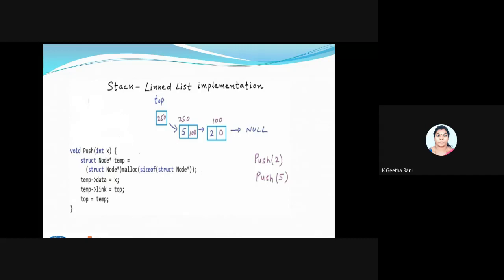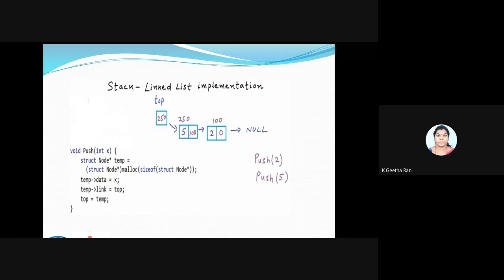You can see the first node's address is going to be inside this top, and it goes on consecutively. One thing we have to be clear about: in a linked list, we won't have a continuous memory location like your array. Your memory will be there, but your nodes will not be in a continuous way. Each one will be holding different memory blocks.